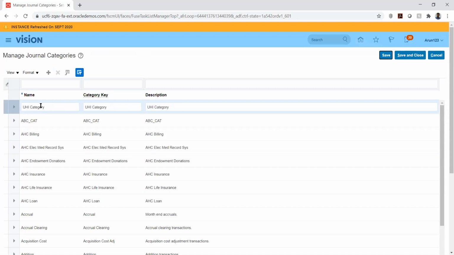Apart from that, if we have a special requirement, a custom one, the business-specific one, we can define it here, so that we can use this custom source and category when we are importing or receiving the transactions from the business application. So the accrual and all those are seeded, not created by somebody.